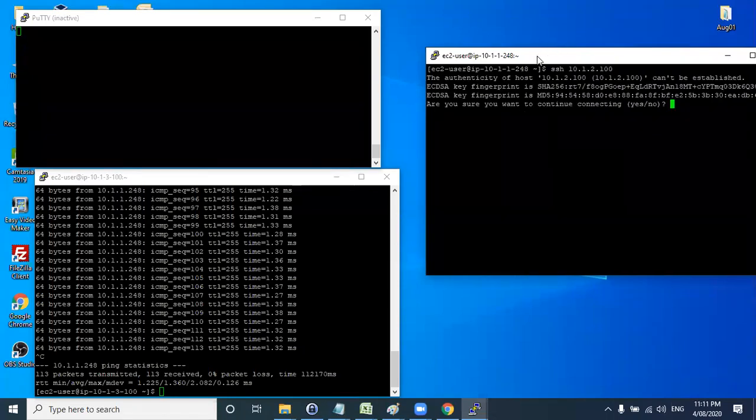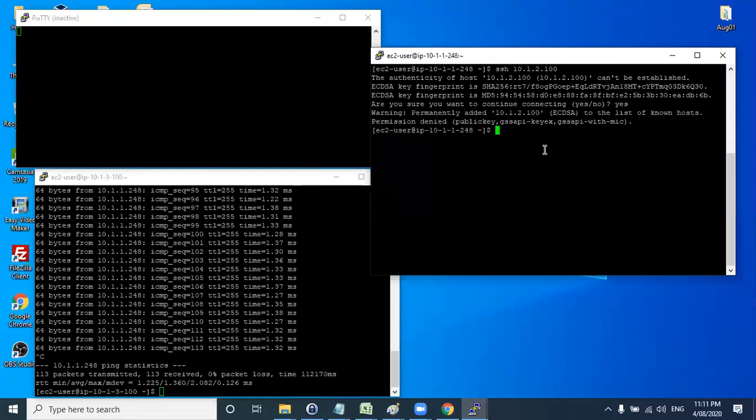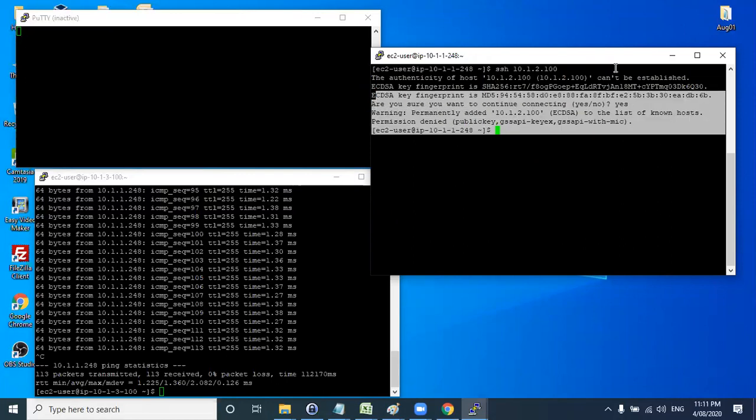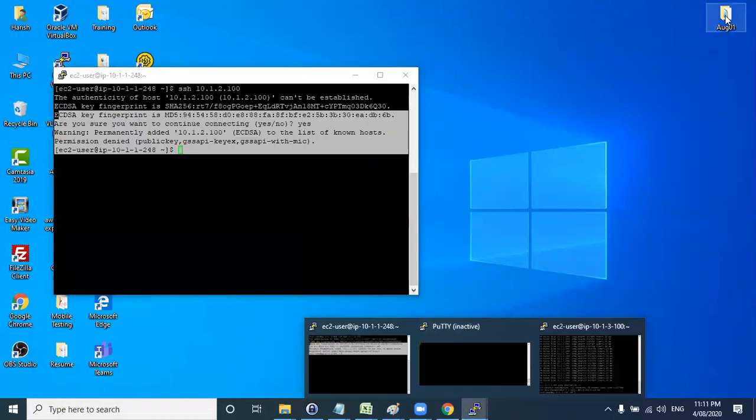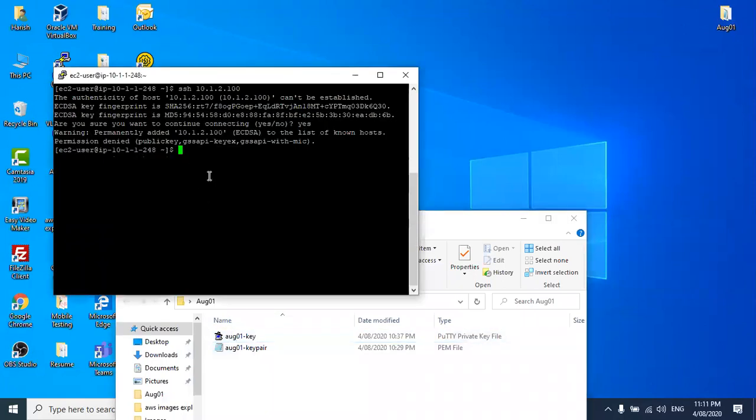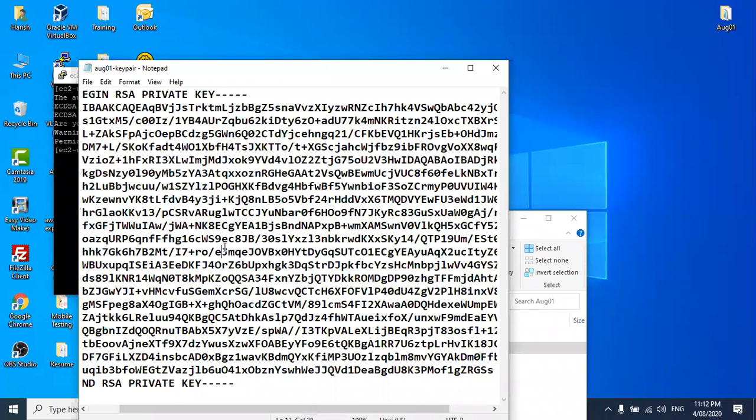So can we do SSH here? Because we have the public key, but we do not have the private key here, right? If you see here from the Windows machine, we have our private key, but in this machine we don't have the private key, right? So what you can do for that is, first you need to put that private key there. Actually, this was my question. Okay. Yeah. So copy this private key.